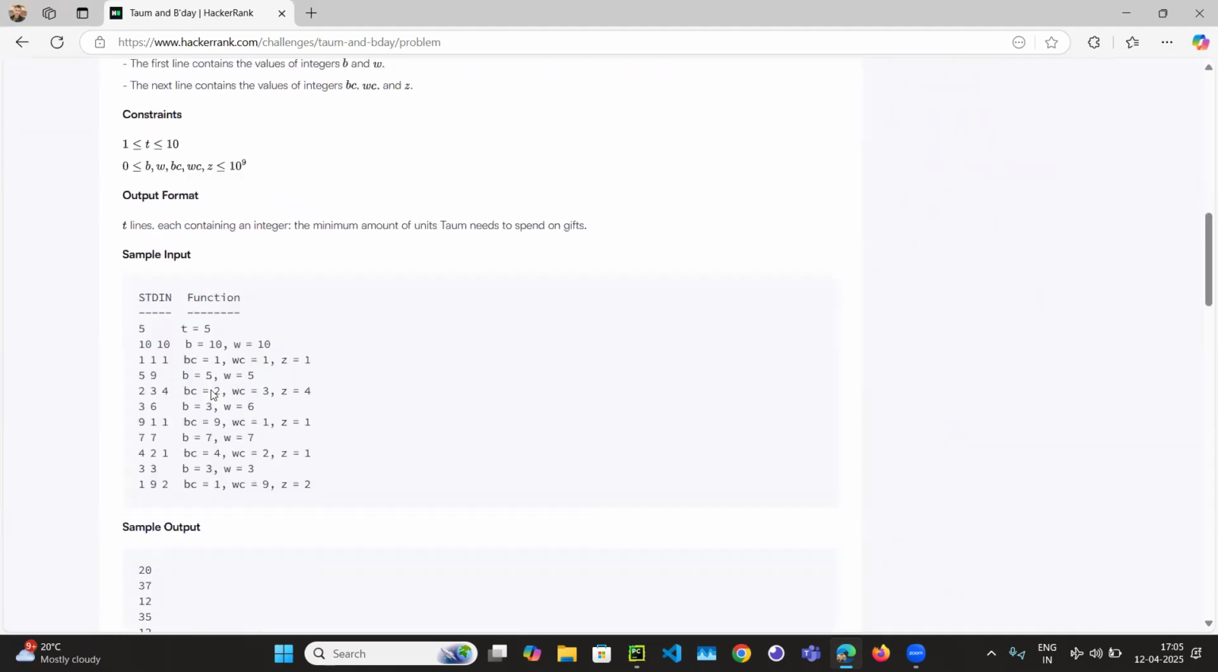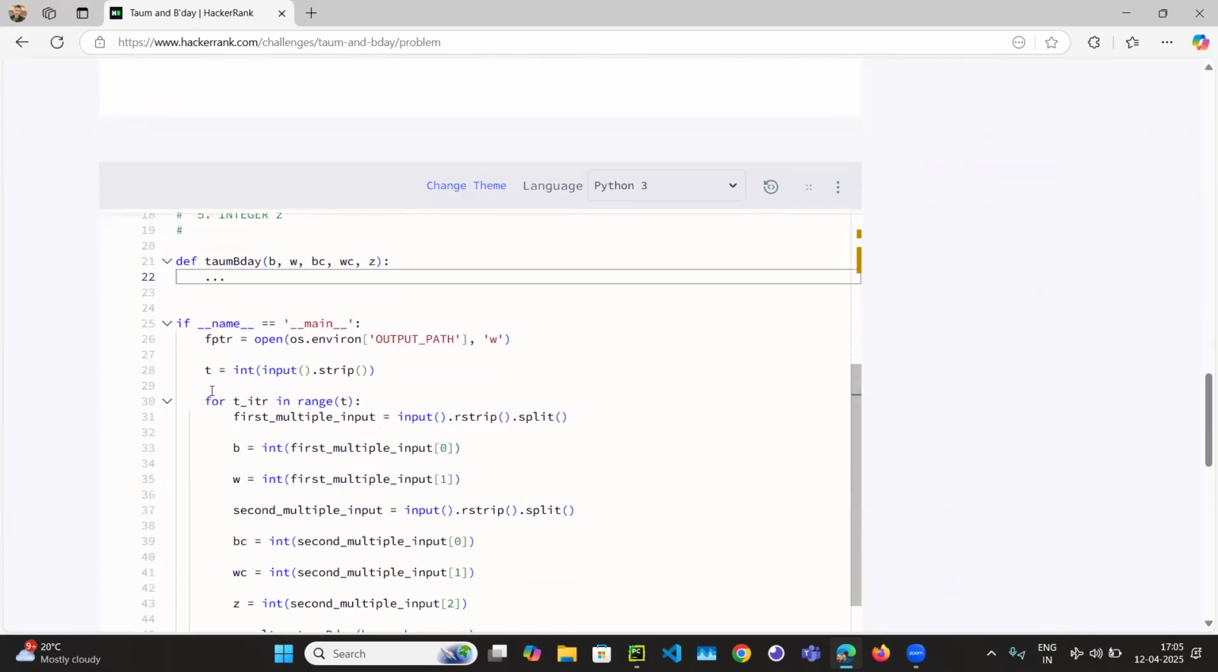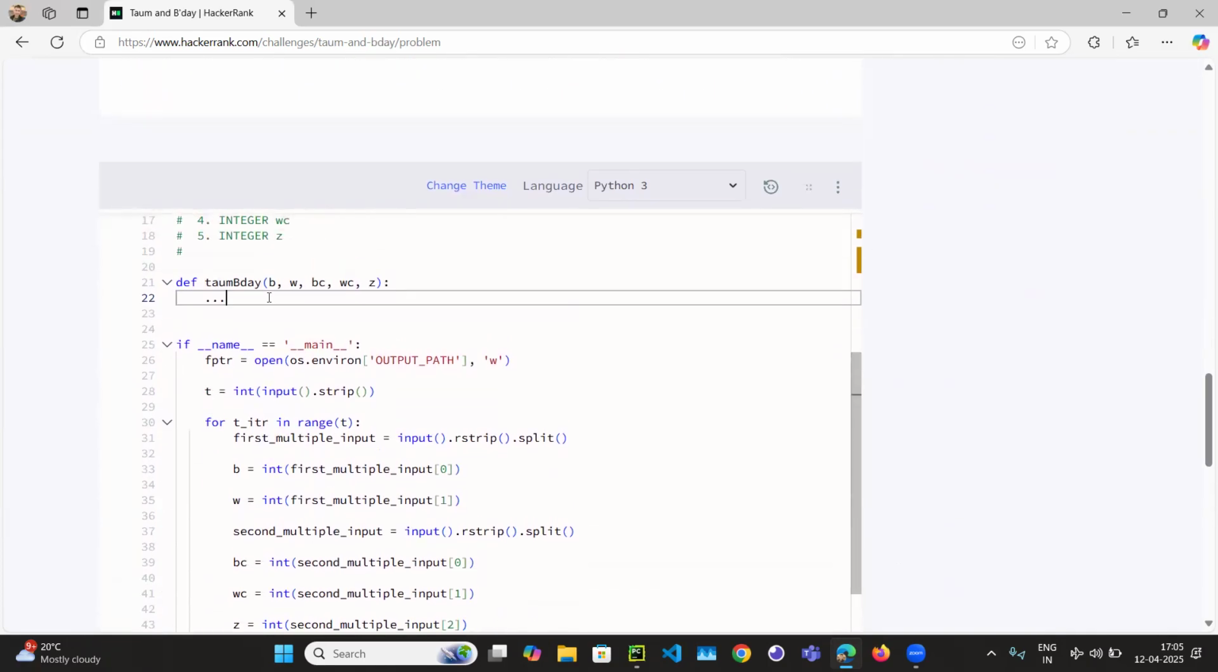So this is a straightforward question. Let me write that down. So B is the black unit, W is the white unit, BC is the cost of a black unit, WC is the cost of a white unit, and Z is the conversion cost, right? So you are purchasing black units, right? So the black unit cost or black gift cost,